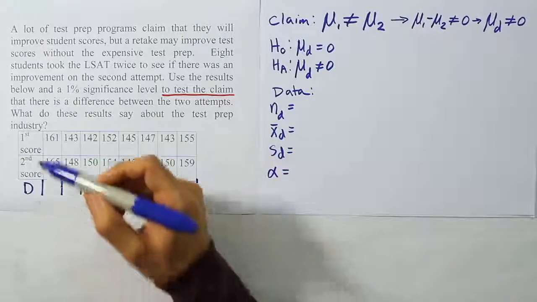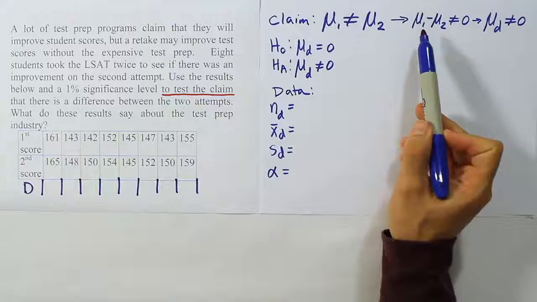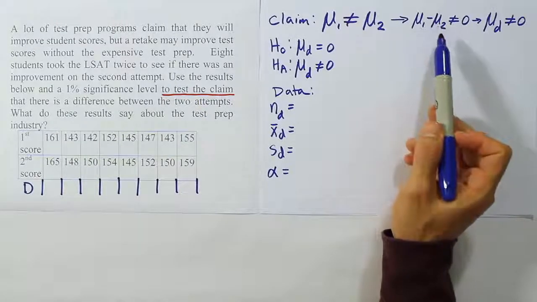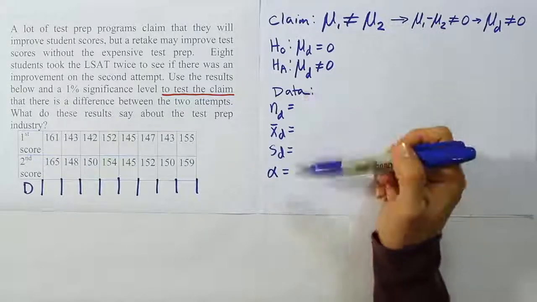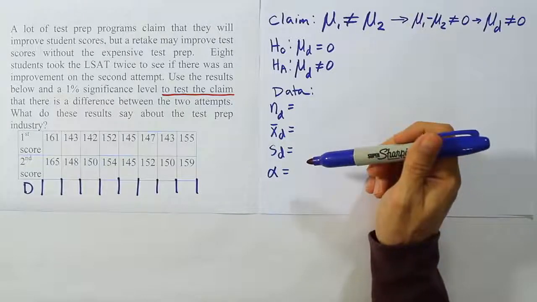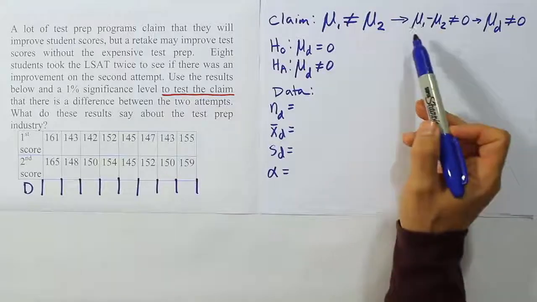Okay, so let's just do the subtraction first minus second. The reason why I want to do it that way is because you see that's how I did it here: 1 minus 2. So it's important to do the subtraction in that order. If we don't do it in that order, we're going to end up with a different test stat than we should have. Our test stat will basically have the wrong sign and be on the wrong side of our bell curve when we compare it to the critical value. So let's make sure we're consistent with what we did in the claim.